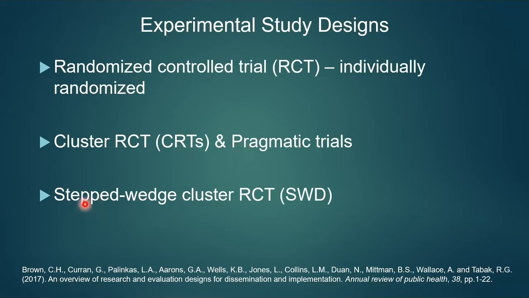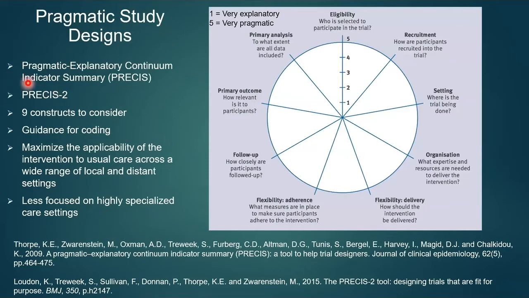And then there's another design called the stepped-wedge cluster randomized trial, abbreviated by the acronym SWD. In that case, what we randomize are usually groups to patterns of when the new intervention will roll in. So everybody starts at standard of care, and then the random group one will, in the next time period, go on to the intervention, while all the others continue on standard of care, and so forth. And I'll be saying more about that shortly. So first we'll talk about pragmatic study designs versus cluster randomized designs in general.